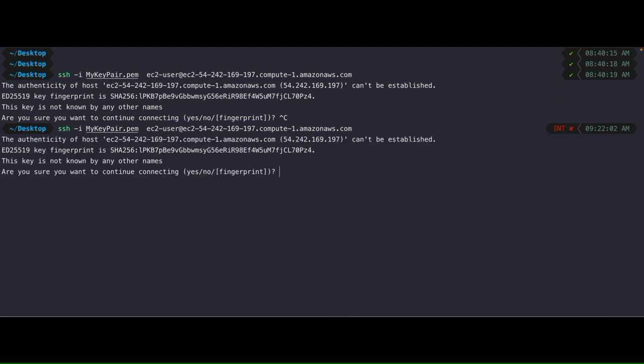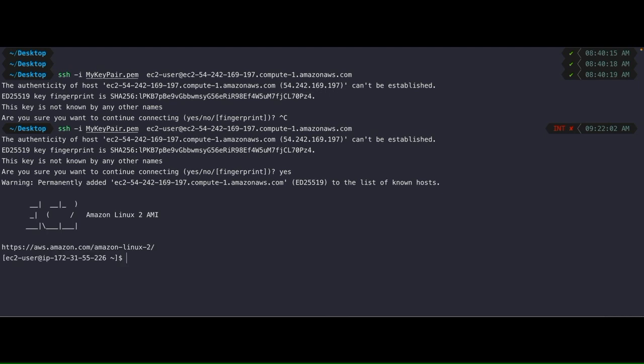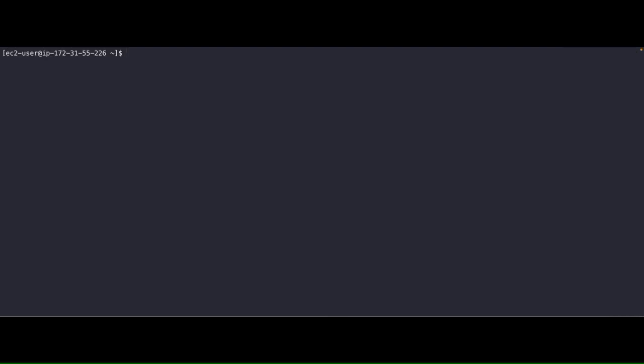So I'm going to SSH. Now it's asking me if I want to continue connecting, yes or no. I say yes, and now I'm inside my instance, and I'm going to hit the command clear to clear the screen,